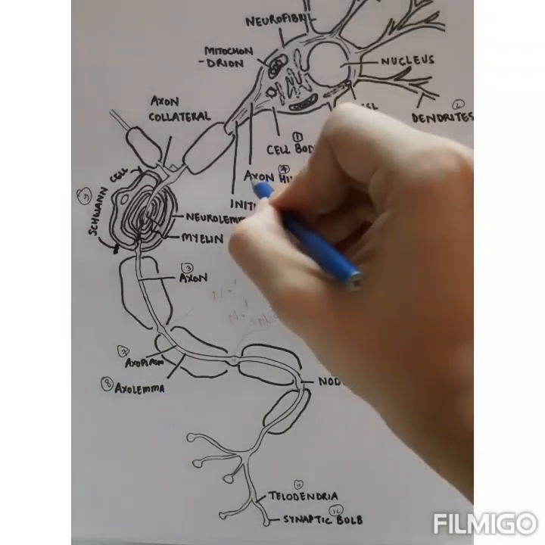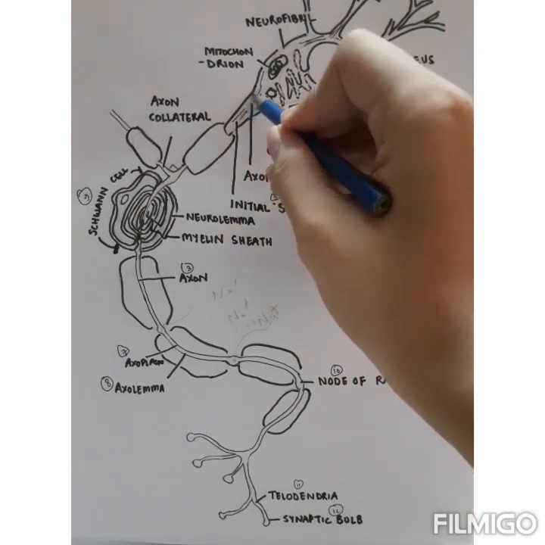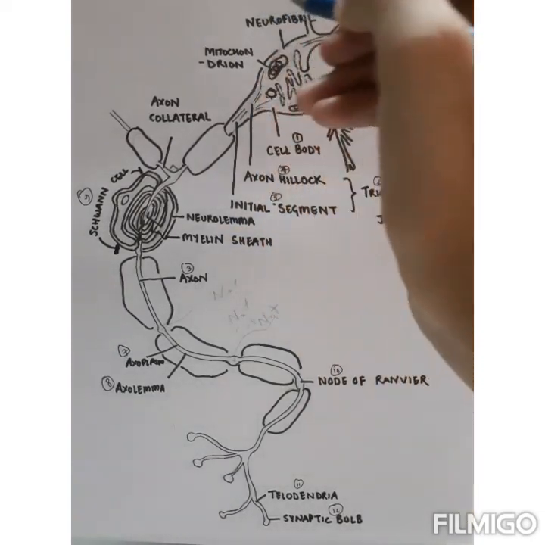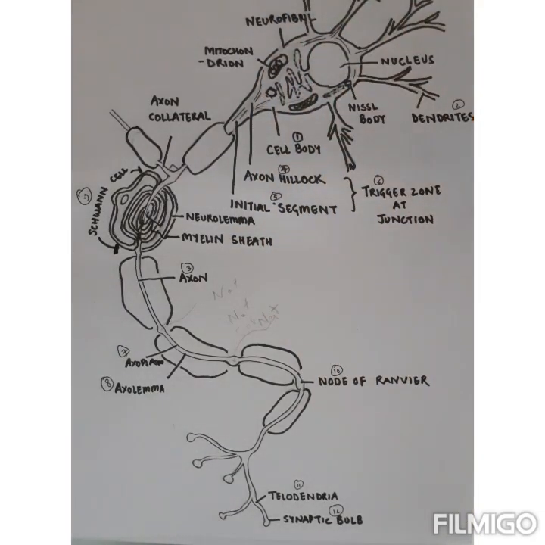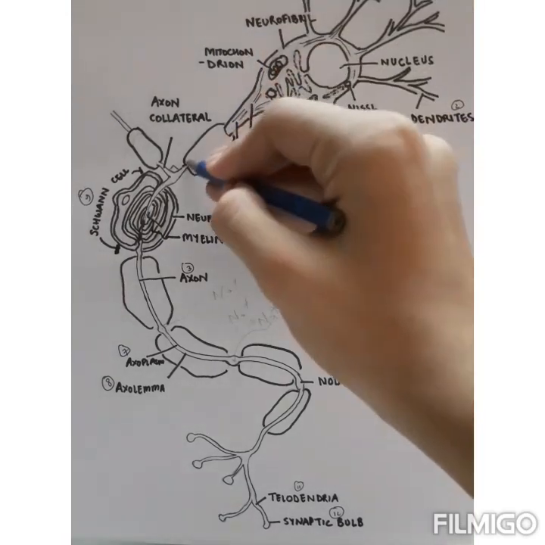Okay, so this region, this pyramidal region, is called the axon hillock. It doesn't seem to be pyramidal here because this is a 2D view of a neuron, but once you see it in a 3-dimensional picture, you get a better idea. So I'll suggest you all to go and surf the net and find a 3D view of the axon hillock.